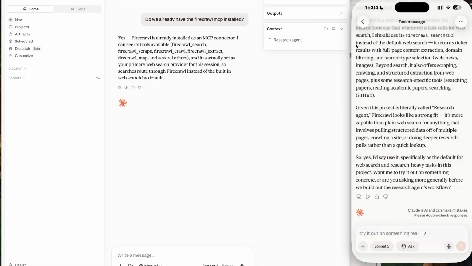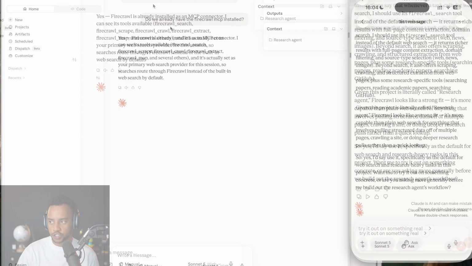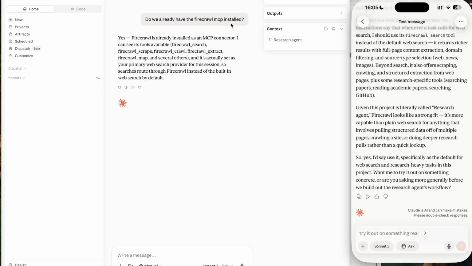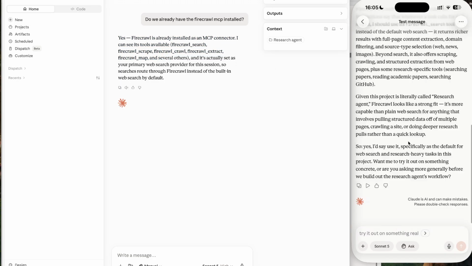And now if you're wondering how exactly you set it up, there is not really any setup. All you have to do is just open up a Cowork session over on your computer, log into the same account over on your phone, and you'll instantly find it. If we want to actually go ahead and open a different chat, which I've quickly done here, I just was like, you know what, let's open a different session still within the same project. And I asked it just one question: do we already have the Firecrawl MCP installed? Just something arbitrary. You can see it answered yes, it's already installed as an MCP connector,